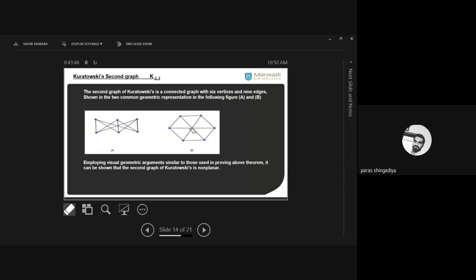Clear? So you just apply the same argument that we applied for K5, okay? Same argument, then explain each step, and at last you can get a final conclusion: it is non-planar. Same argument means we consider 6 vertices, V1, V2, V3, V4, V5, V6. Clear? And then start connecting them. First make the boundary. Which step you can explain here? That we will also discuss in the lab session.